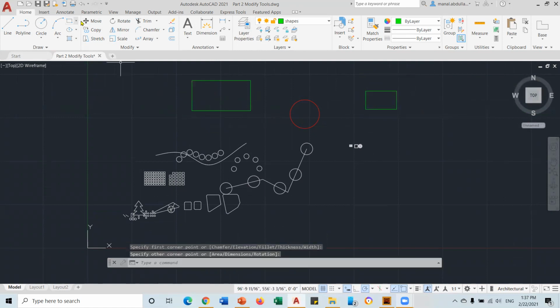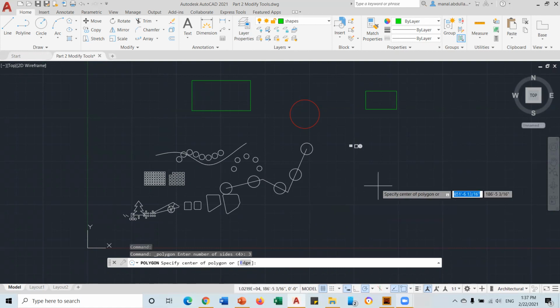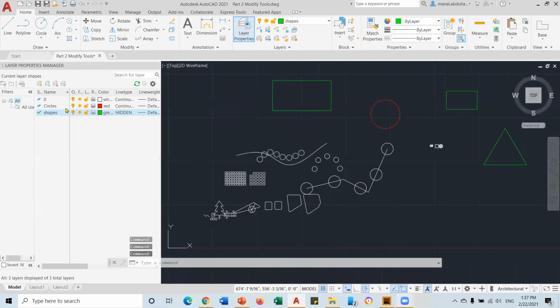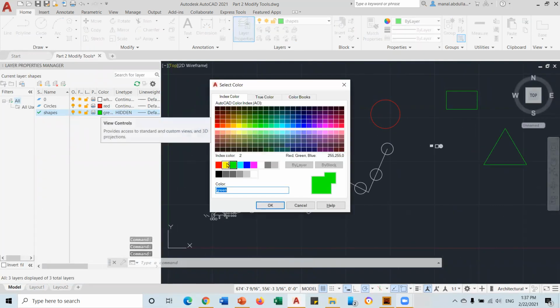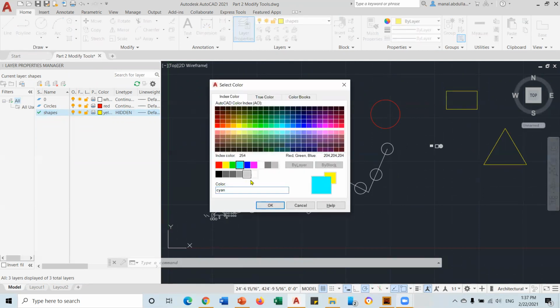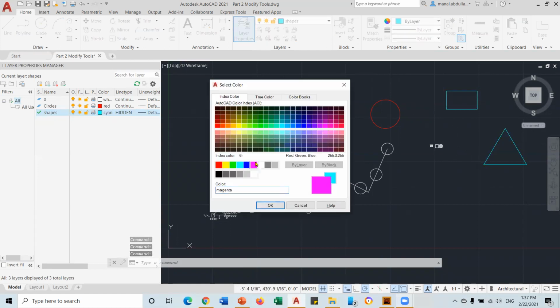Let's say that I need to draw a polygon. Enter number of sides, I'm going to make it 3. The center, inscribed, and this is a triangle. Now it is green because it's on the shapes layer. What happens if I go back to layers and change that to yellow? Everything on that layer will be changed. If I change it to other colors, any color you choose will reflect and change